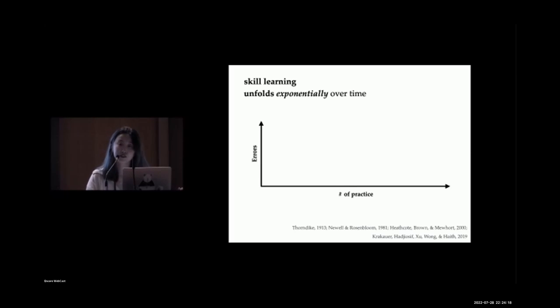So if you look at this coordinate right here, x-axis being the number of practices and y-axis being the size of errors, an exponential learning curve would look something like this, where a learner would make lots of progress early on, but their performance would asymptote later. So think back to the opening example of someone playing darts for the first time. It might take them only a few tries to get their darts actually on the board, but it's going to take them a lot longer for their darts to be right at the bullseye.